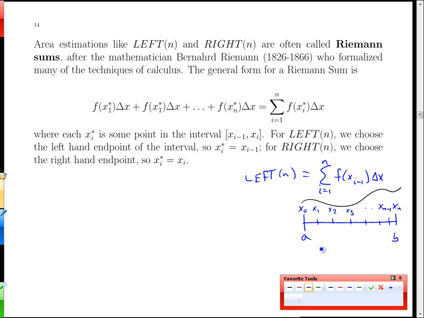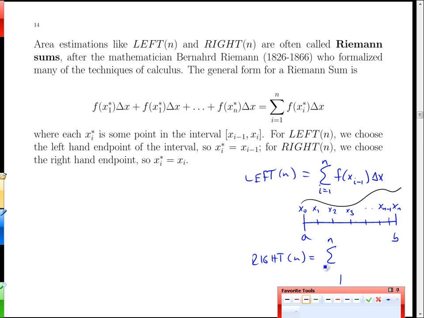And the right endpoint estimate, or Riemann sum, would be built in almost exactly the same way. We would have i equals 1, but on the first interval we would use the other endpoint, the right endpoint. So when i is 1, we'd use x1. So that's how these relationships are built. Why is it i minus 1 for the left sum? Because when i is 1 to start with, we would use x0 as the height of a rectangle on the first interval. So we see that common pattern of a height